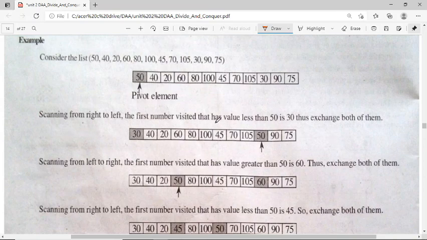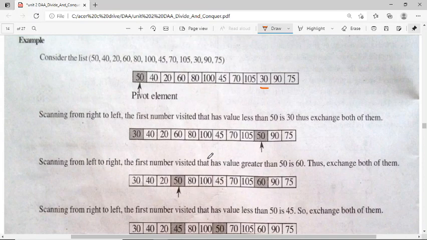Whatever array we have, in that same array itself we are exchanging the values. So first our pivot value was 50, so on the right-hand side, which one is a lesser value? 75 is greater than 50, 90 is greater than 50, and 30 is less than 50.